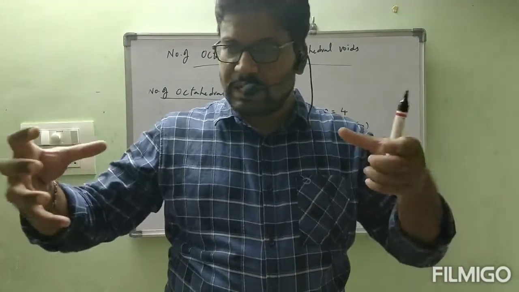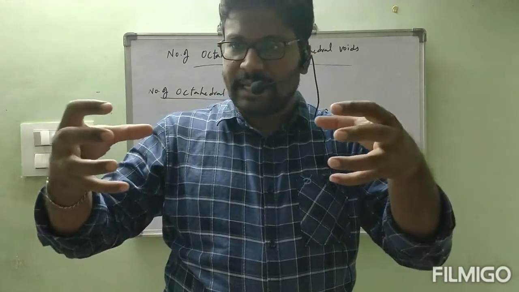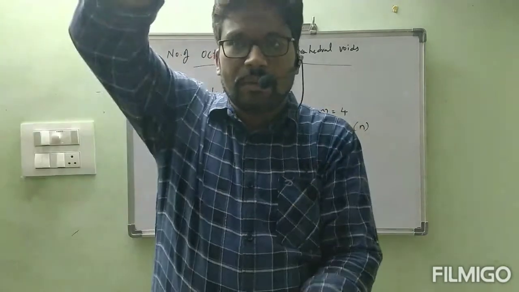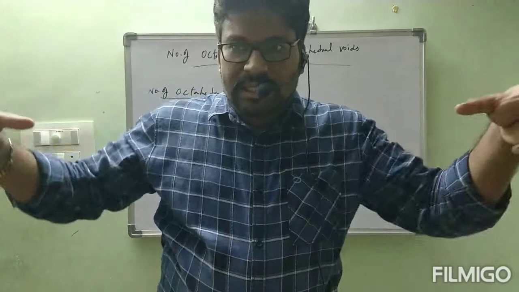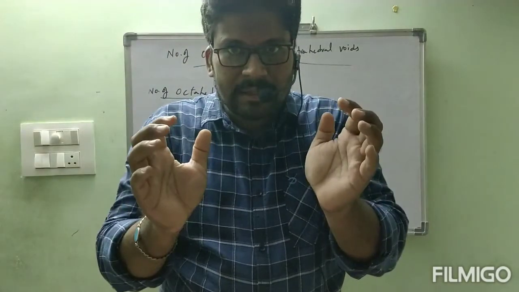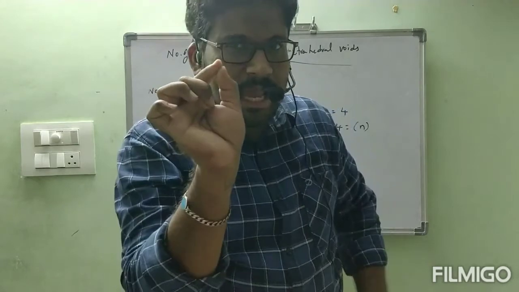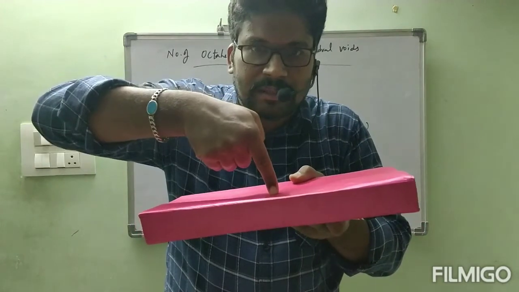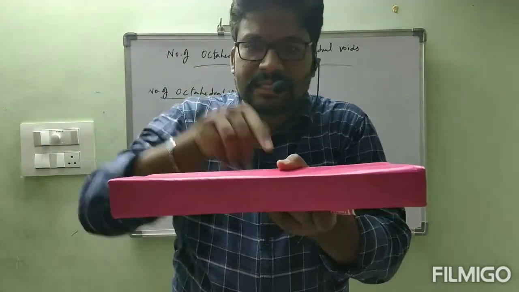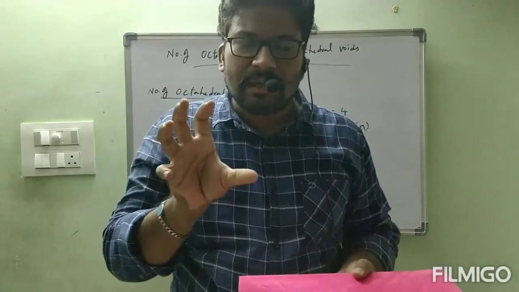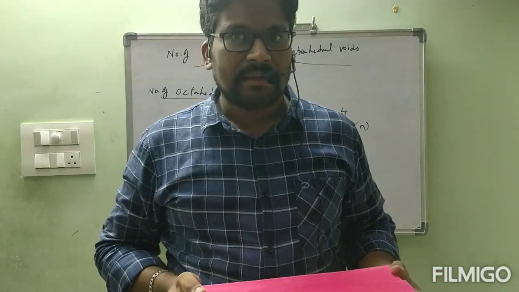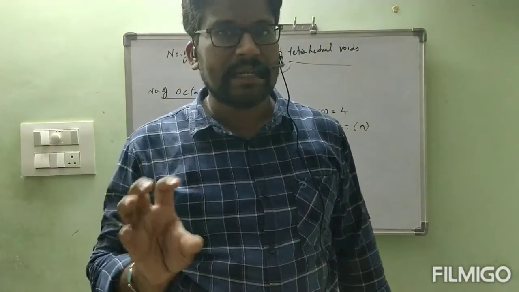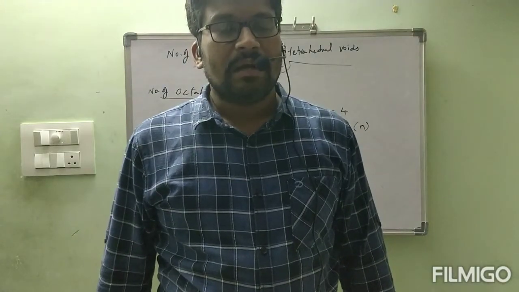Correct or not? Now, imagine 2 balls I kept like this. Next, 2 balls from above. Exactly, these 6 particles are going to meet. In between them, a small gap will be present. Where will that gap be present? In the body center. Correct or not? Because like this, here in the middle, in the body center, we are getting that space. That void is called octahedral void.